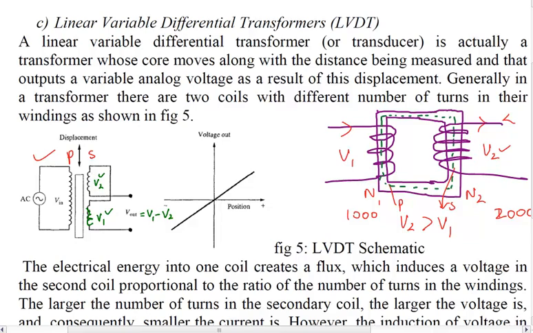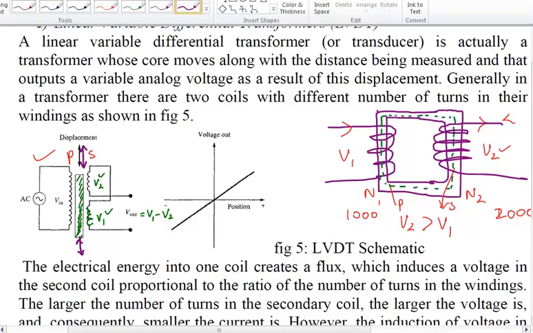Now, look at this particular rod that we are having in between. This rod can be moved inside or outside, which is drawn by this particular arrow. So we can move it inside or outside. And if we want to find out how much inside or outside it has gone, we can very clearly understand it when, let me draw it again.